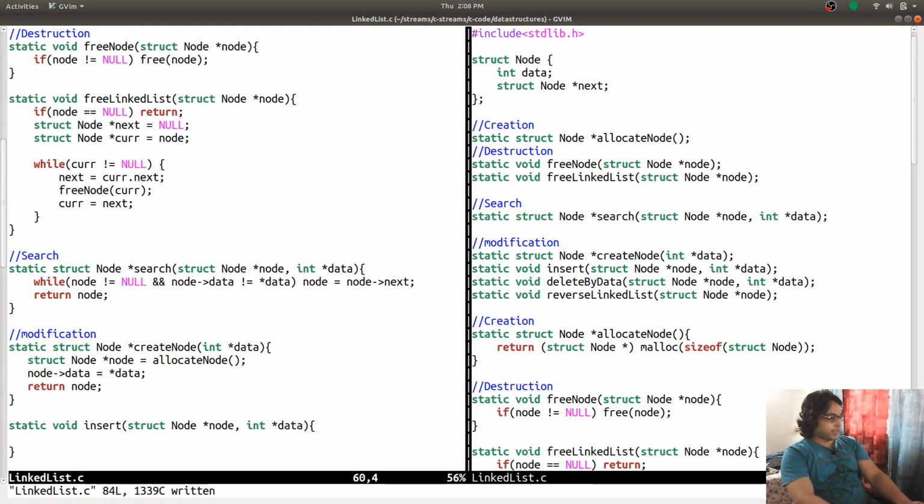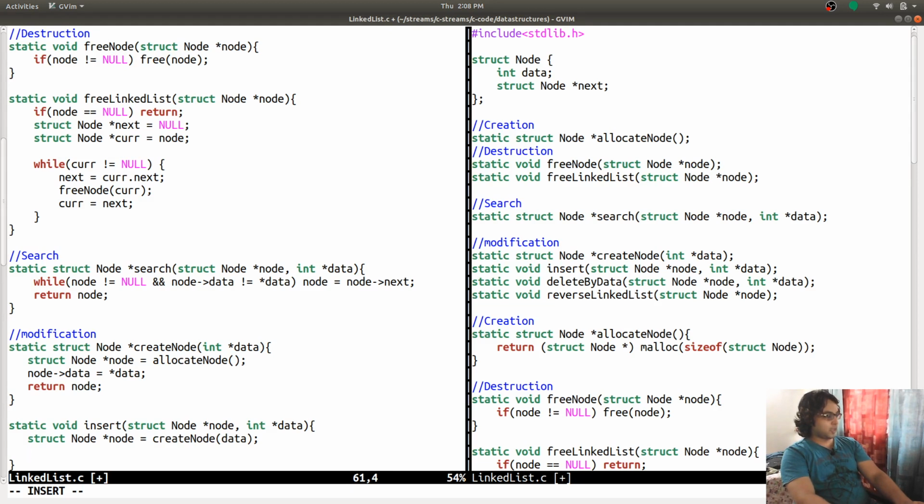In this case of insert, I am getting data from the user, and it is asking me to insert that data in this linked list. So I am going to call struct node is equal to create node data,